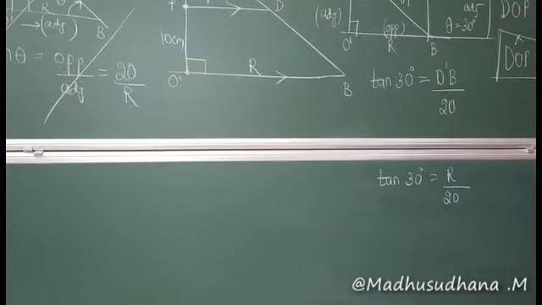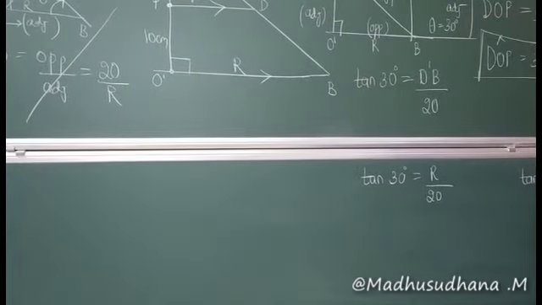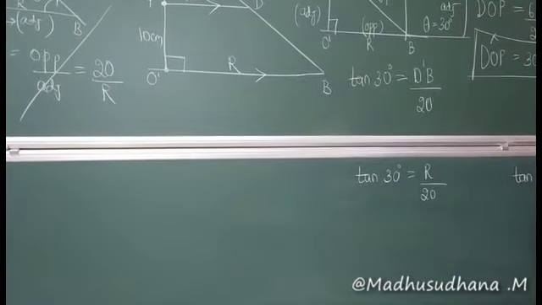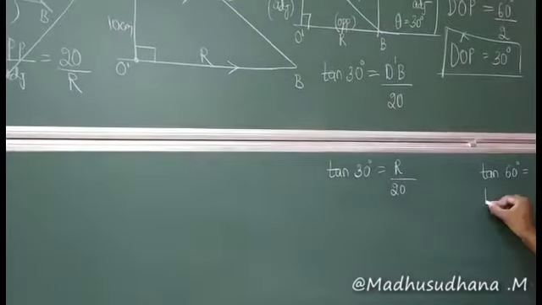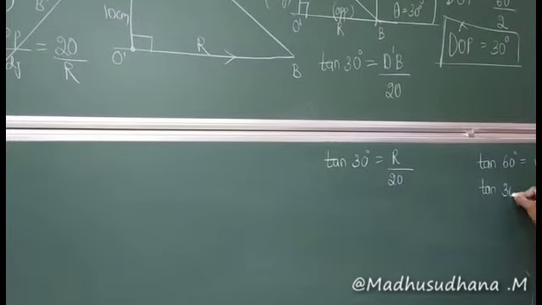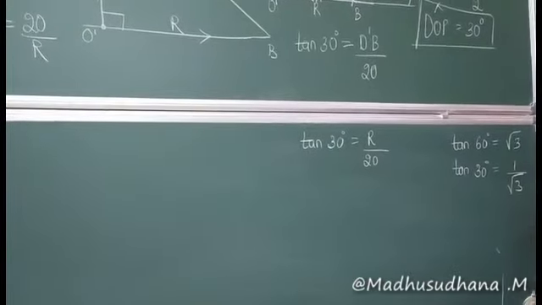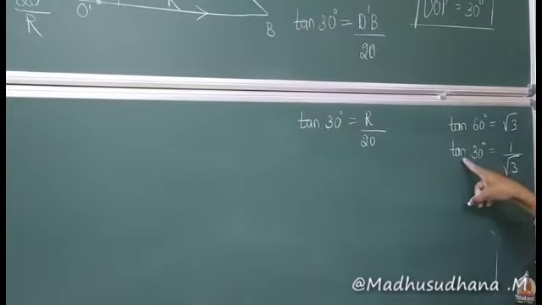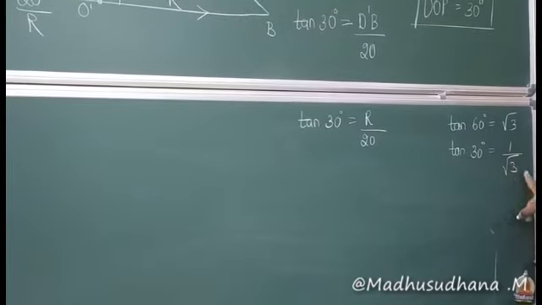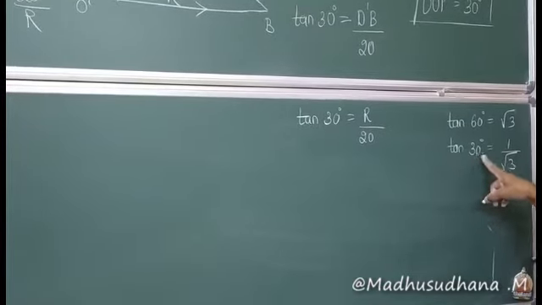So please understand, tan 60 degrees is equal to root 3. When I come for tan 30 degrees, this is equal to 1 by root 3. So how do I remember that? Whenever 3 is in the numerator part, this 3 comes in the denominator for 30 degrees. So in that way I have remembered that.